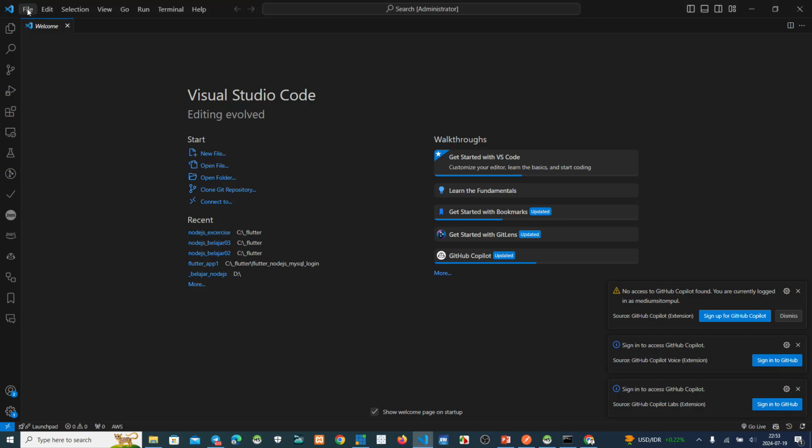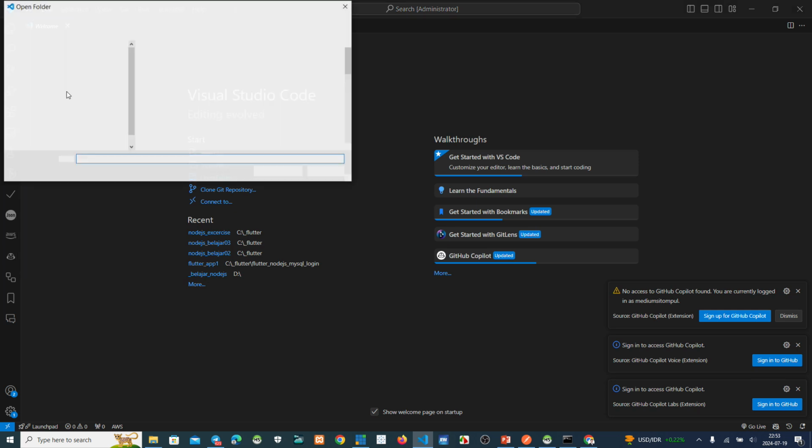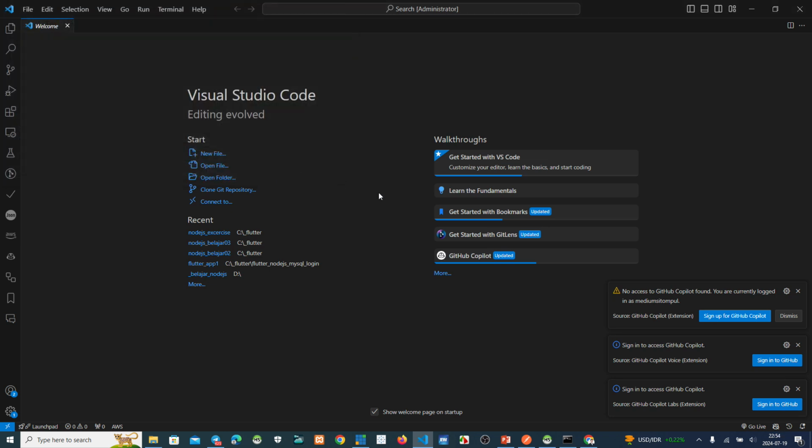Okay, now we go by using this Visual Studio Code. Open folder. C, Flutter, this one. Node.js exercise 01. Okay.